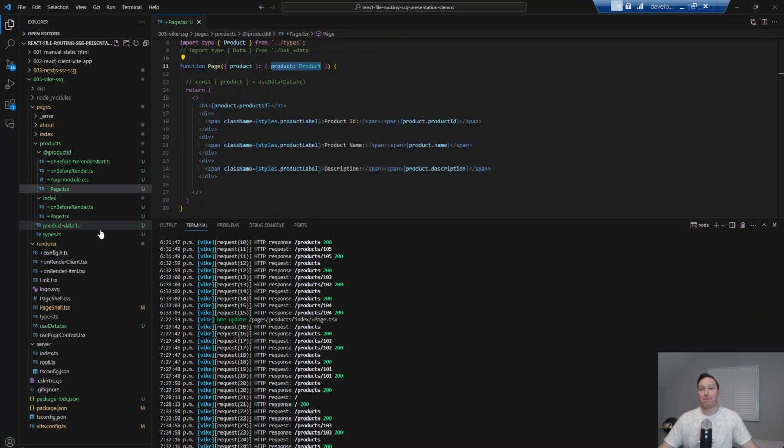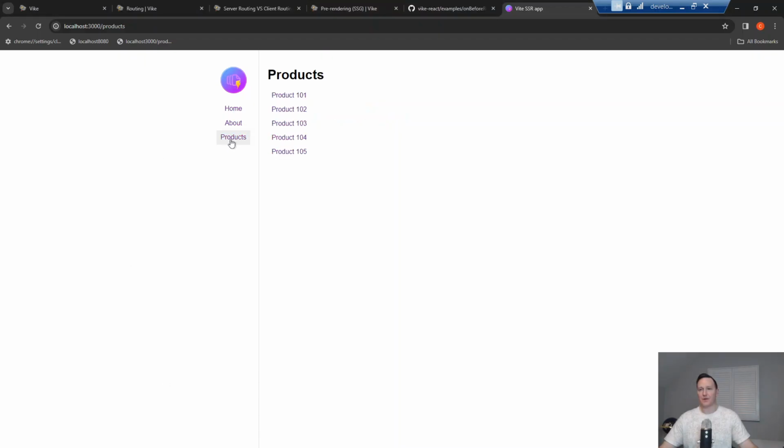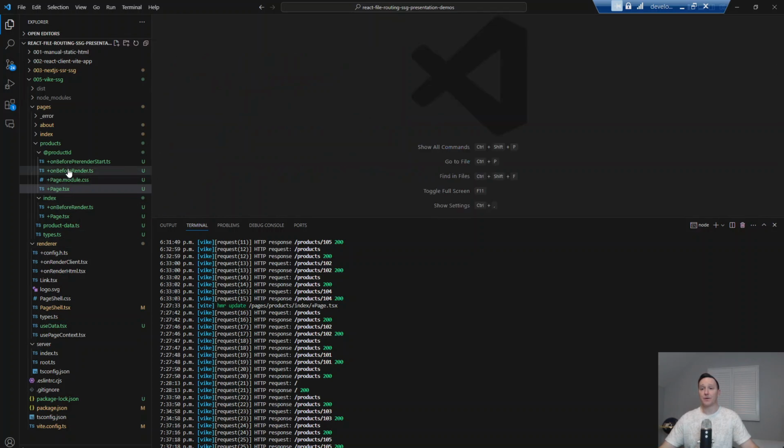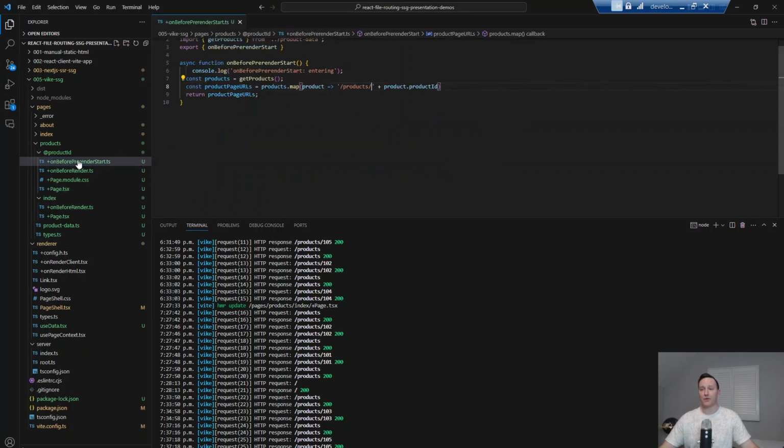And you need to put another file in there called onBeforePrerenderStart. Now what that's going to do is we need to tell it each URL we need to generate a page for. So it needs to know not just /products, but /products/101 or 102, 3, 4, 5. So say we had 5 products named 101 through 105. It needs to generate 5 static pages. So let me show you that. In onBeforePrerenderStart,